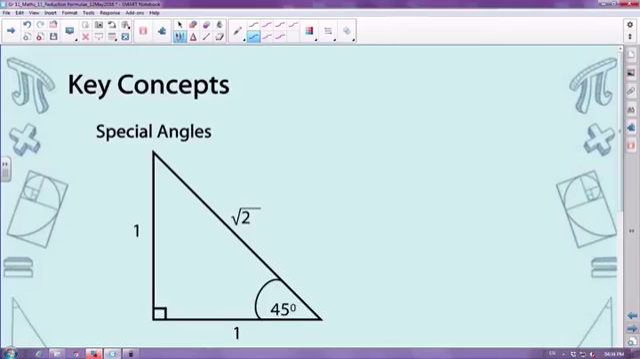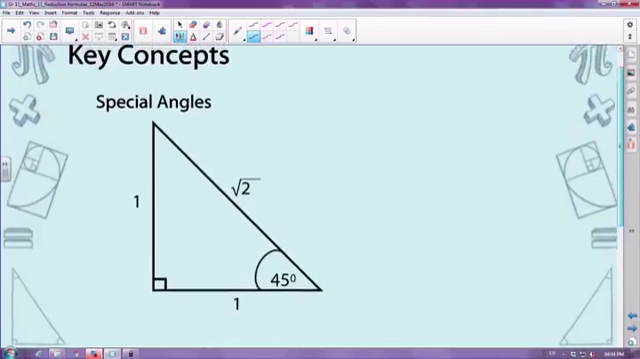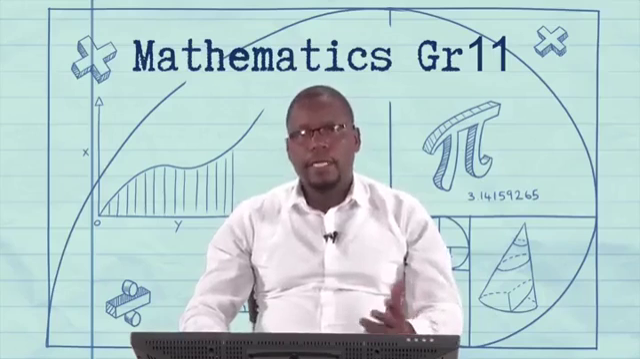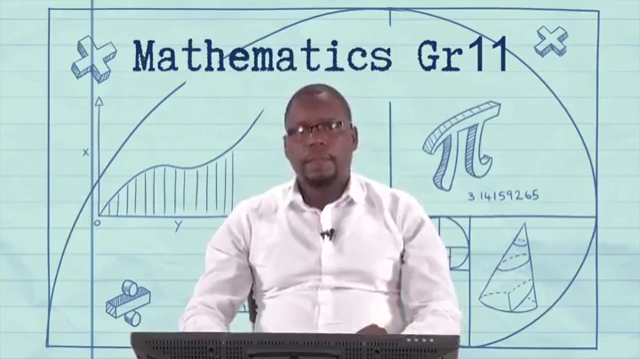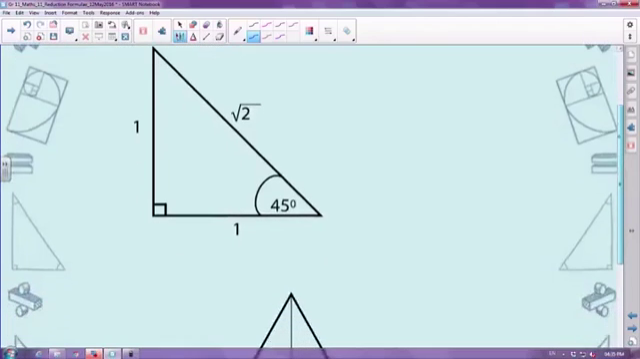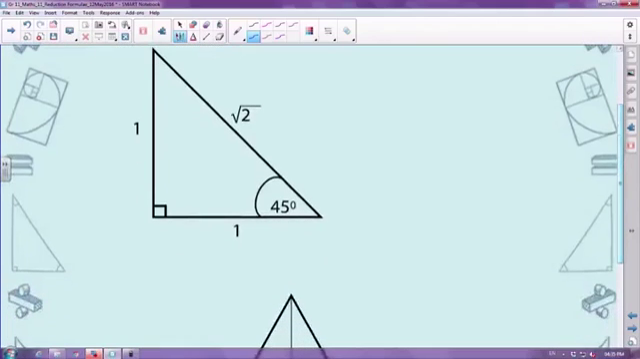Right. Now, some of the things that we're going to be talking about are your special angles. The special angles that we'll be talking about are your 30, your 45, and your 60. So back in the day, we used to have a triangle like this, whereby you've got a 1, a 1, and the square root of 2, working it from your Pythagoras. Then with the special angles,